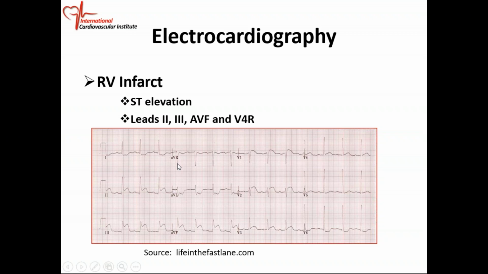All right, so what you're going to see, the patient is going to have ST segment elevation in the inferior leads, so they have an inferior wall heart attack. ST segment elevation of at least 1 millimeter in the inferior leads, which are leads 2, lead 3, and AVF. You can see that the ST segment is elevated in these leads. But when you look in lead V1, and even V2, you might get ST segment elevation in leads V1 and V2. RV infarct is a very important heart attack